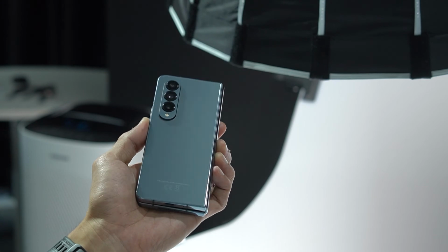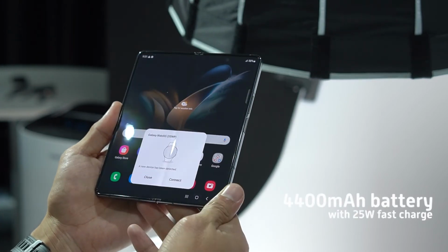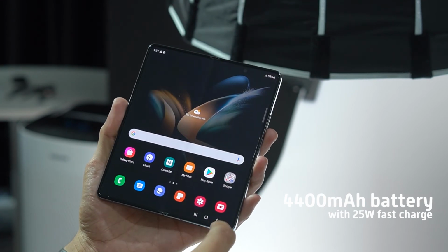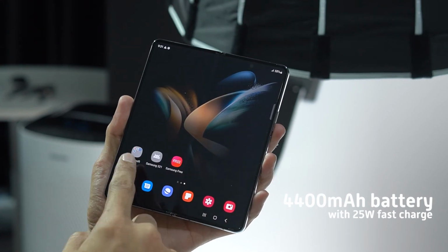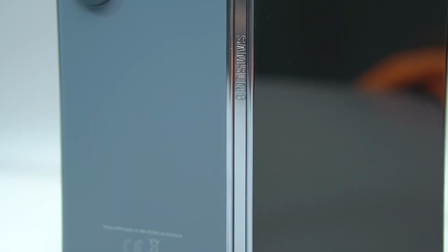the screen's real estate. Over at the battery department, things remain pretty much the same, with its 4400 mAh battery with fast charging that also promises up to 50% charge in 30 minutes. Overall, I like the feel of the phone in my hand, and the action of opening and closing the device also felt natural. In the Philippines, the Galaxy Z Fold4 will be priced at